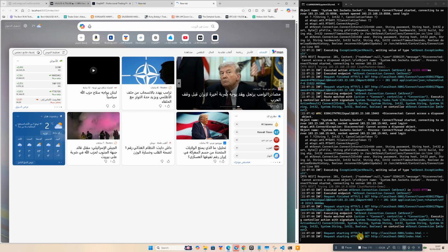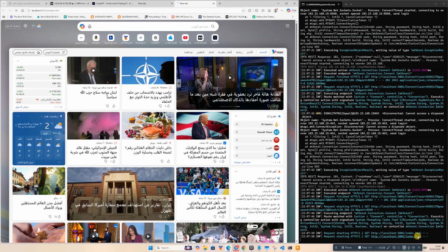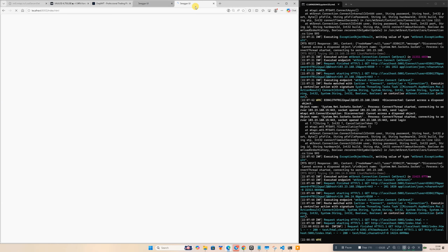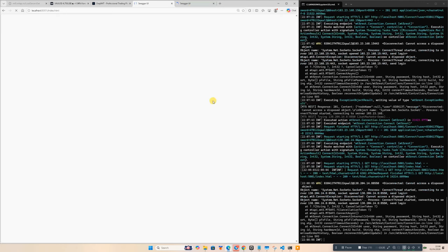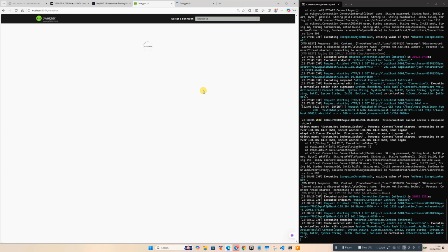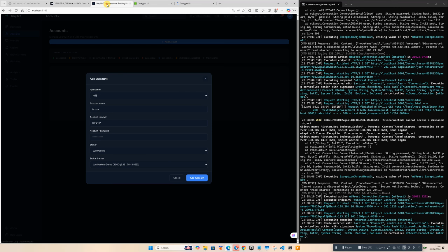Now we're requesting to the HTTP, because this is the Swagger where you will see the endpoints of both. You can see